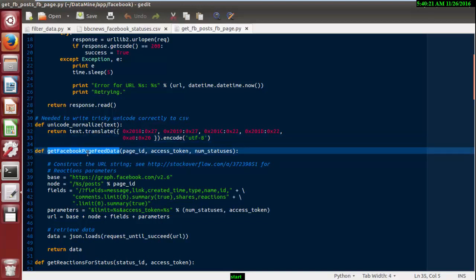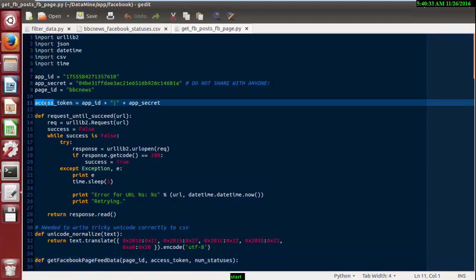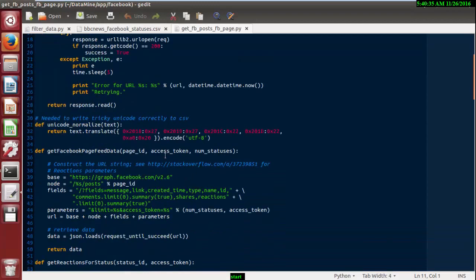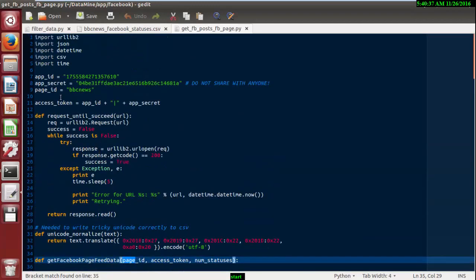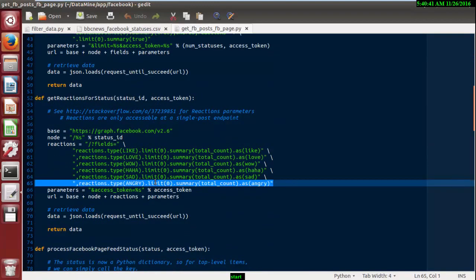This function is used for fetching the Facebook data. Here you pass the page ID; the access token I have already declared here. The page ID I declared as BBC News, so we will be fetching data from BBC News.